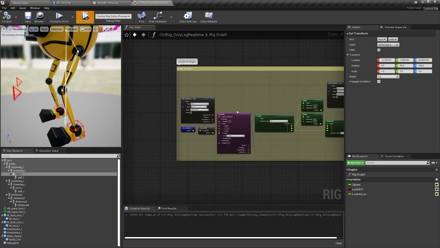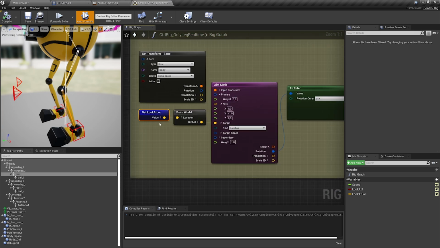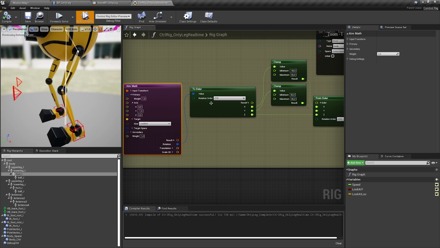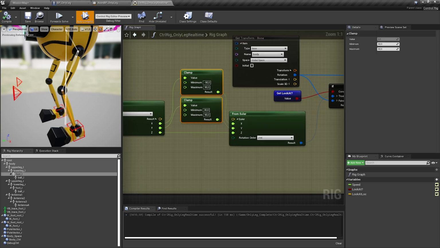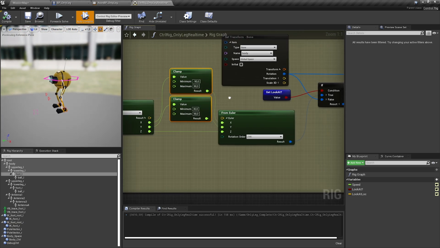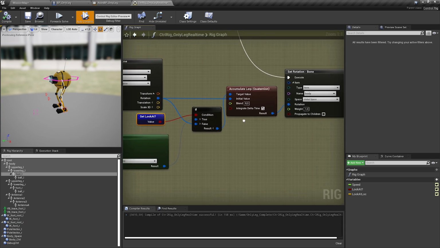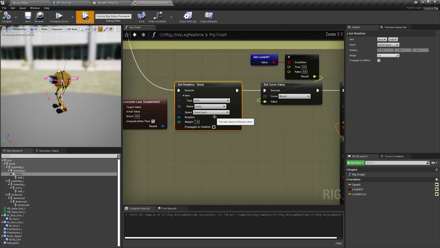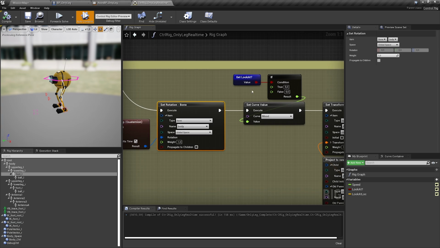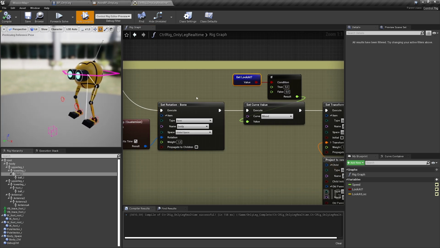Let's take a look at the look at logic. So from the animation blueprint, I'm getting the position which I have to transform from world, so it works in this control rig space. And again, I'm using an aim math, do a little bit of clamping so his head is not rotating 360 degrees here. And then if he's looking at something, I'm doing accumulate lerp for quaternion and then setting a rotation of the bone directly. And if he's looking at something, I'm changing the curve so I can have different faces, and he can look surprised or concentrated or focused on the flower.